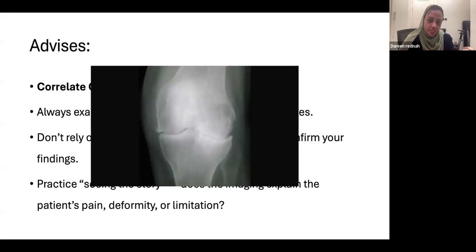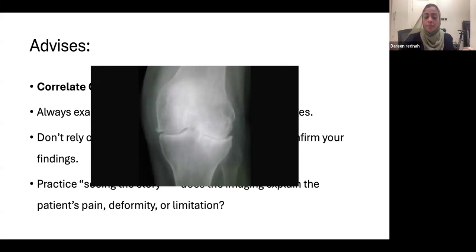This X-ray, when we see it, shows severe osteoarthritis of the knee. The patient needs total knee replacement. But when we saw the patient, she is thin, a non-smoker, active, going to the gym, swimming, squatting without pain, sitting on the ground, praying on the ground. She does not need a total knee replacement because her muscles are strong enough to offload the joints.